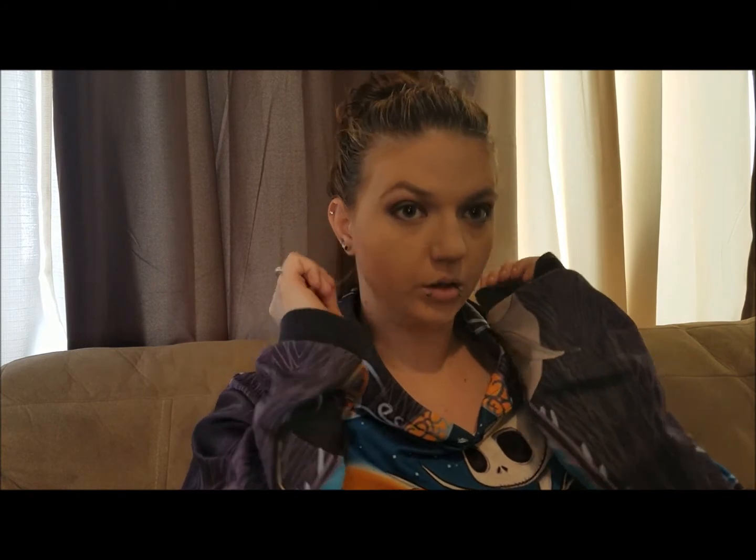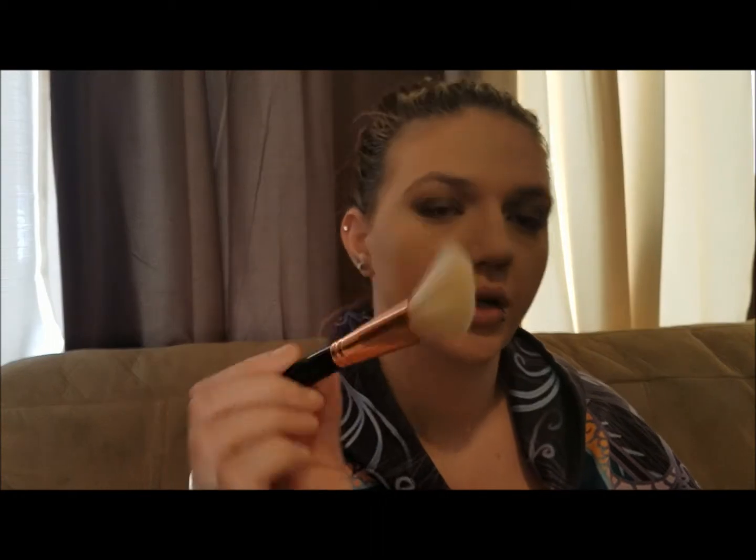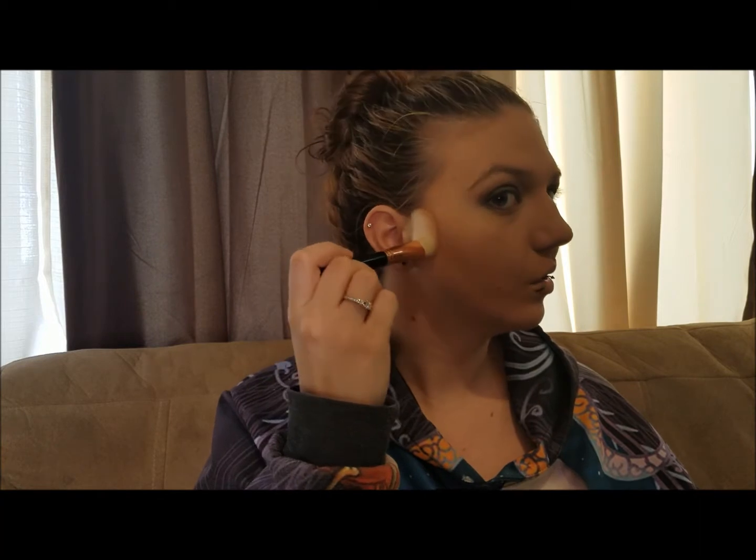Scoot back, kind of look at everything. Clean off my earrings. Okay. I don't think that looks too bad. I'm going to go in with the Super BB, and then we're going to take this angled brush here. And we're going to put that in the Super BB. And I'm just going to put that